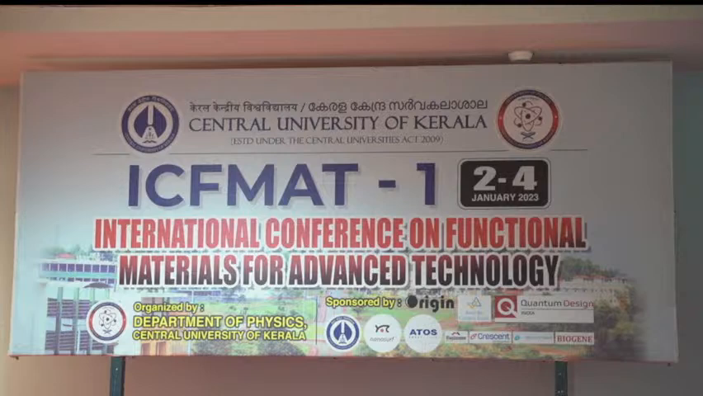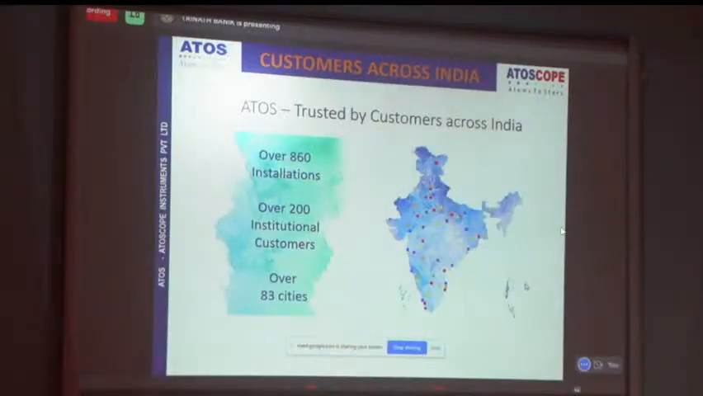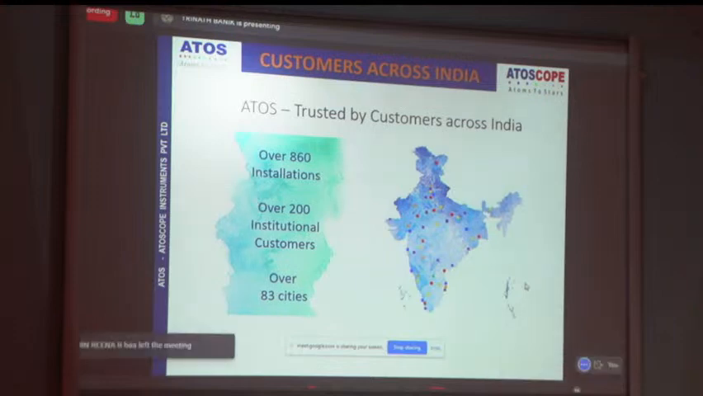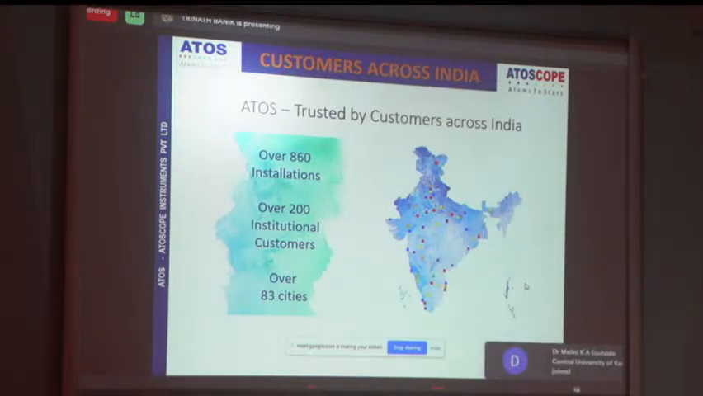Starting with our company profile, we have around 860 installations in India, over 200 institutional coverage with our different spectroscopy products, lasers, cryostats, and other equipment. And in over 83 cities, we have the presence of Atos Instruments Marketing Services. We started our company back in 2013, but our CEO has around 25 years of experience in the scientific market, with spectroscopy, with the CCD detectors, with the